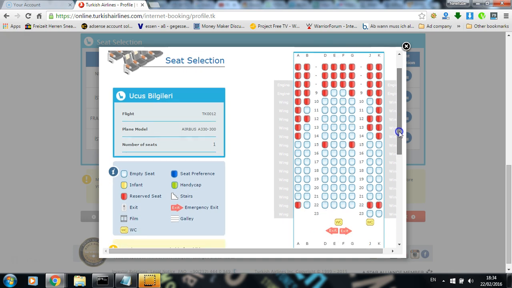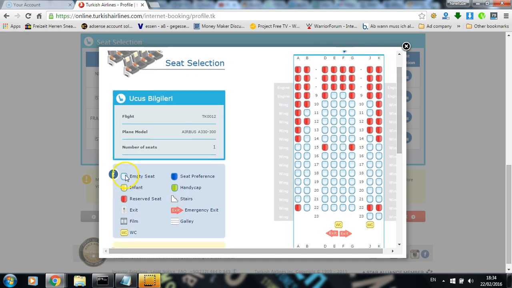So the next thing you do is look at which seat you want. There's a seat preference: one for infant, handicap, exit, film, very close to the toilets if you don't want to be in the back, or very close to the emergency exit or the stairs. So for me, I prefer being very close